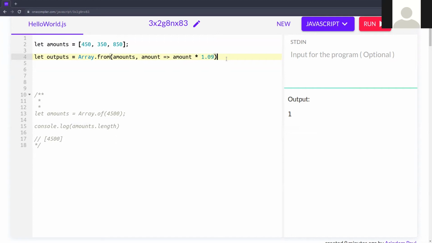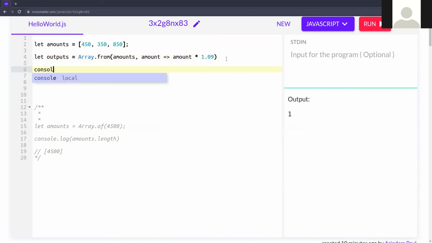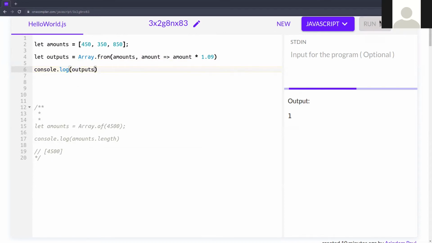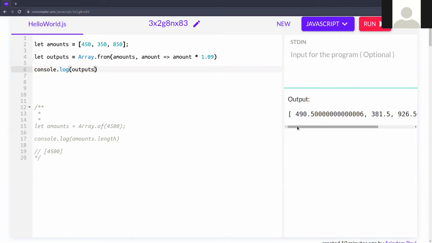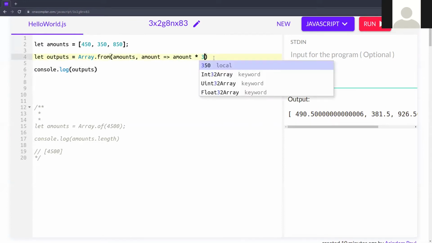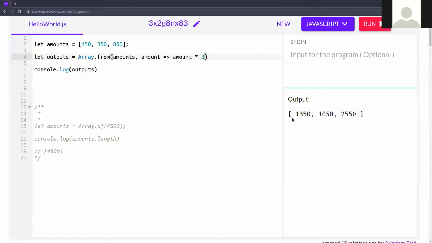Okay, so let's console log. You can see this is the new array. Okay, so it is actually creating a new array with new values, which are calculated here.